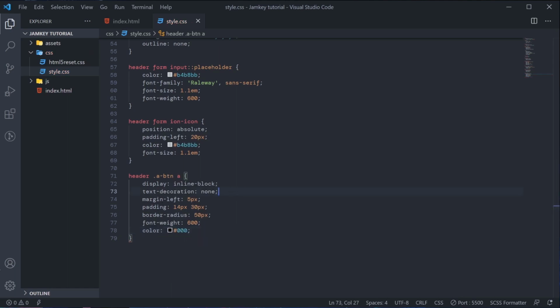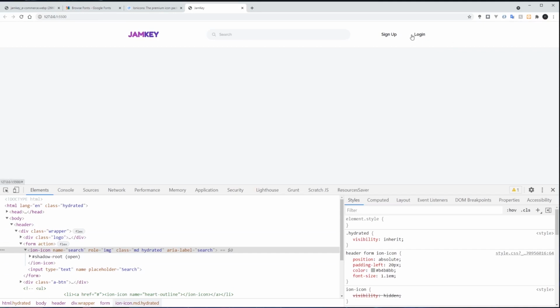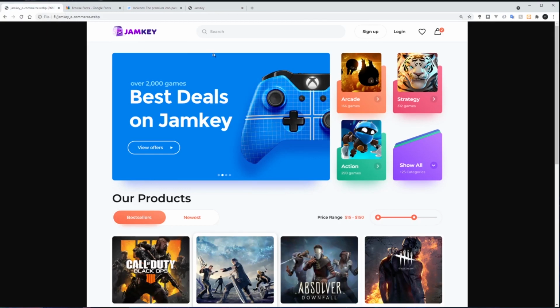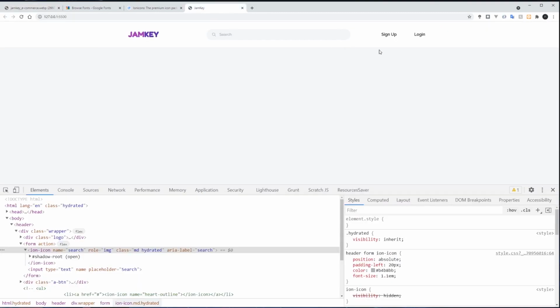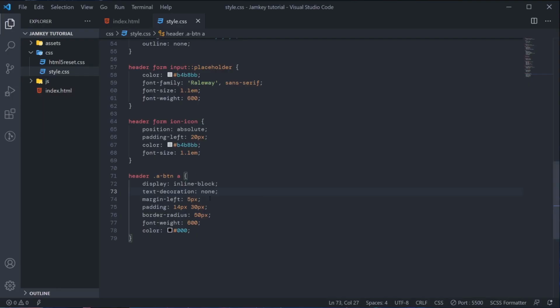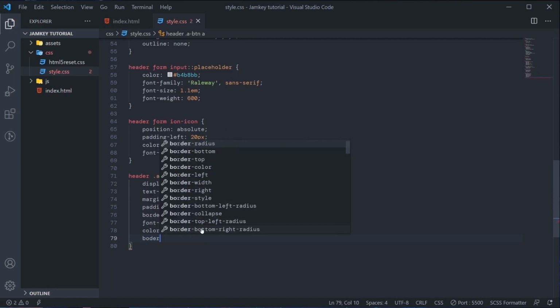Okay, so now we'll get these two buttons like this, right? So what we need to do next, we need to set hover. We need to set hover because the way this button is in the design, when you hover on it, the outline shows. So we need to do the same thing here so that when we hover, the outline will show. Because if we don't hover, we'll just get something like this. Let's see, border.